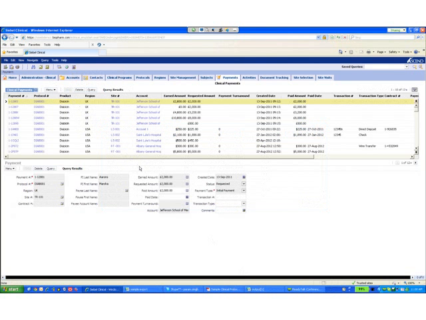So BI publisher can do everything that Excel can do in terms of the pivot charts and tables and graphs. But if it's part of your standard process, I would make it a BI publisher report. But if it's something that you're just doing as a study manager on your own, and it's not a standard report, you can certainly do that in Excel after a quick export.